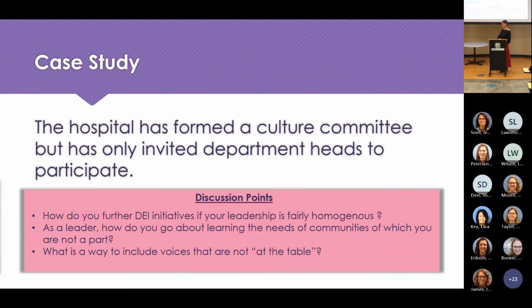So I think this is similar to maybe one of our earlier examples of how we can incorporate the voices of the people which these different committees impact or oversee. And sometimes the leadership is maybe more of a homogenous group of people and might not have as much diversity. And so again, thinking about how we can improve the diversity of the committee or incorporate more diverse thought into these conversations.